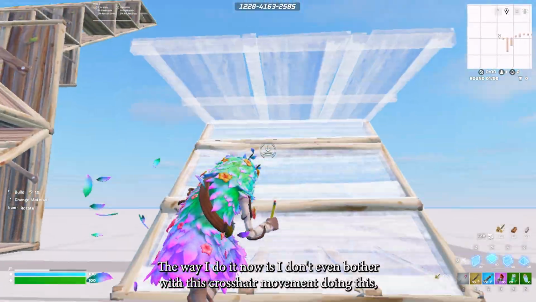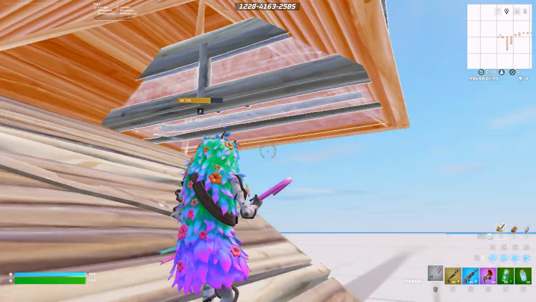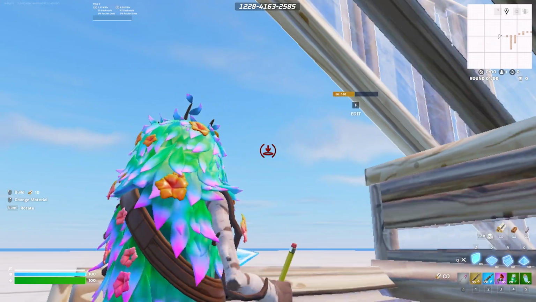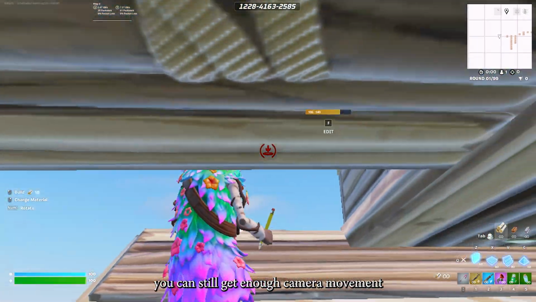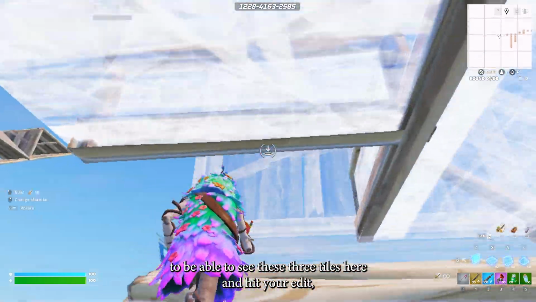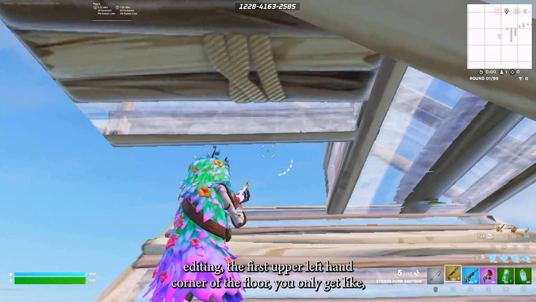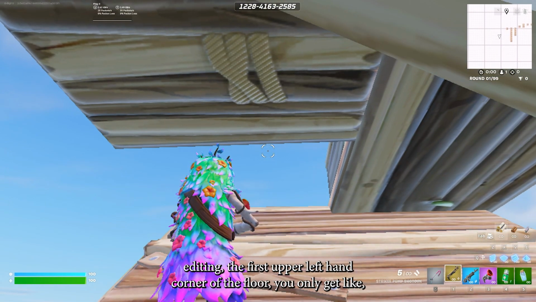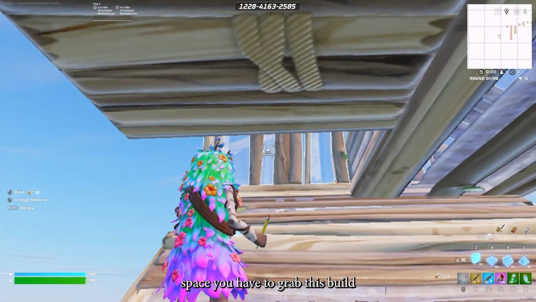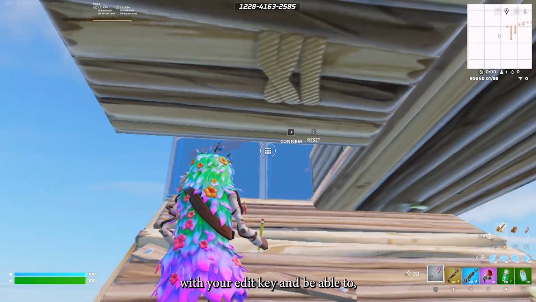The way I do it now is I don't even bother with this crosshair movement, because if you're fast enough and you angle yourself to the side a little, you can still get enough camera movement to be able to see these 3 tiles here and hit your edit. Because when you're doing it with just editing the first upper left hand corner of the floor, you only get like, this is how much space you have to grab this build with your edit key and be able to